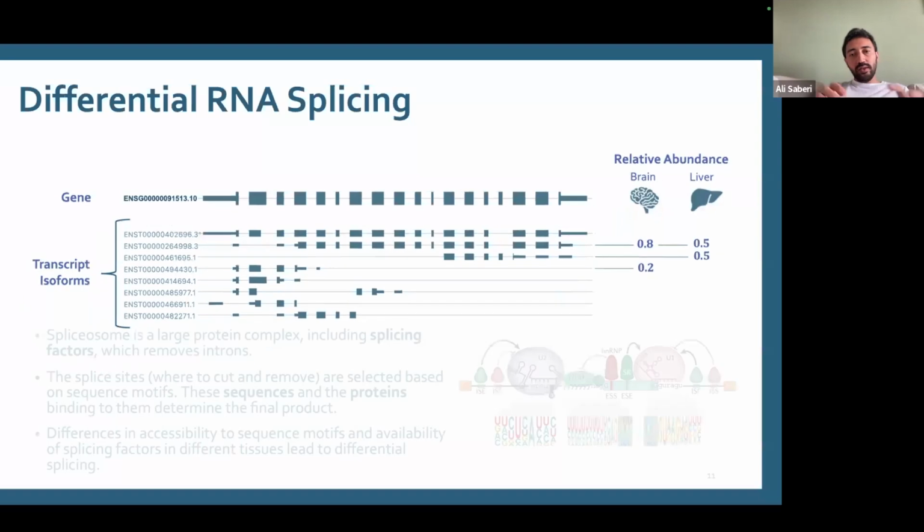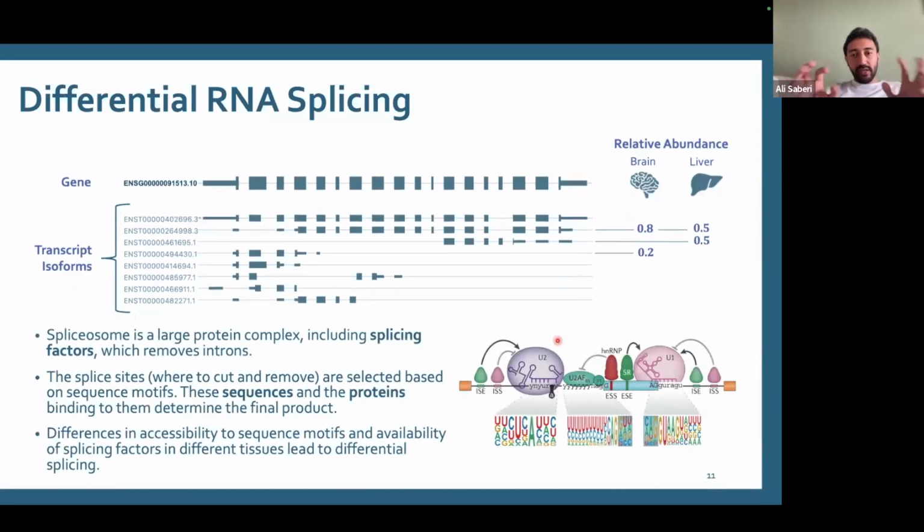Okay, and one part of biology that is really important, and that I will come back to, is how this happens, like how we would have alternative splicing and differential alternative splicing. It all goes back to the DNA and RNA, to the sequence. We have RNA binding proteins and DNA binding proteins. For example, for splicing, we have what we call the spliceosome. Around 150 proteins come together and constitute a huge complex to do the job, to remove the introns and attach the exons. And all of these RNA binding proteins recognize motifs,